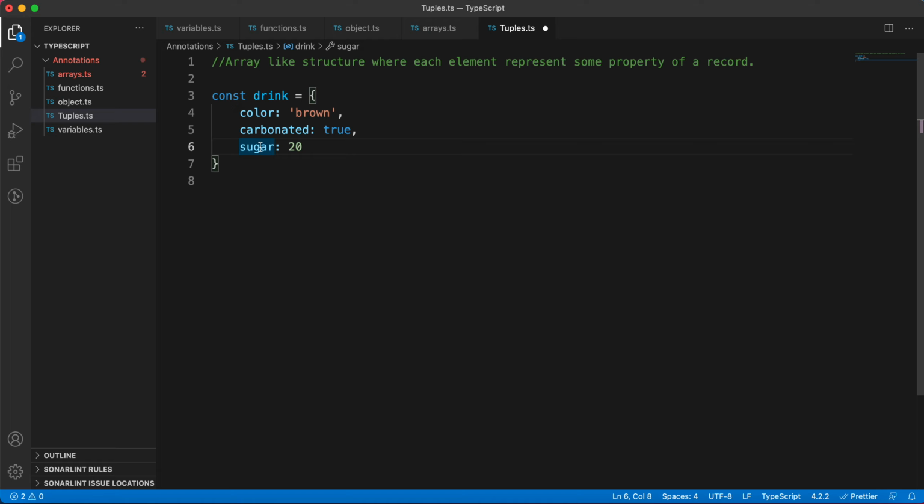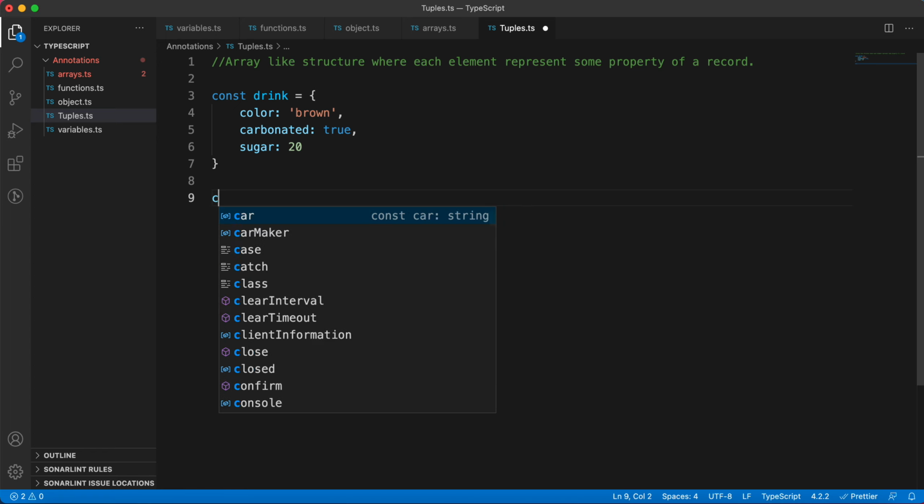Let's convert this object into a tuple. How can we turn this into a tuple? Let's quickly look at that example. Now I am creating one tuple.